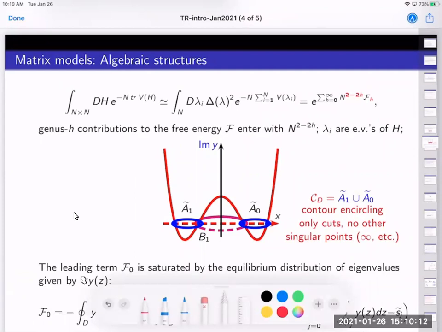So around every cut, I have the corresponding closed contour. Here again, it's the simplest situation where we have just 2 cuts. So I reserve one contour as some reference contour, and I take all other contours, just one in this situation,